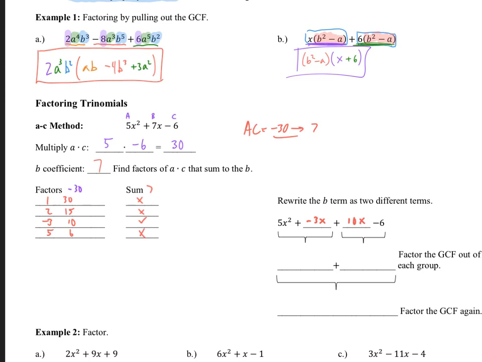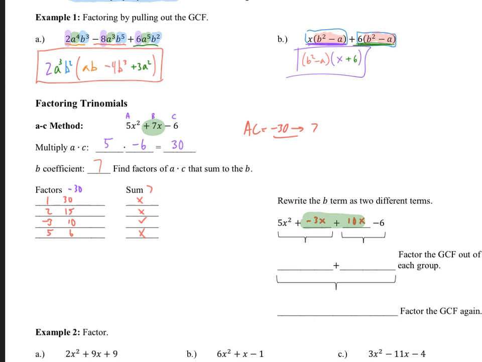So basically, again, it's been a while for you. You're taking this 7x that we had earlier, and you're finding a special way to break it up, a unique way to break it up, where those two numbers multiply to be a times c, but also add to be b. So what two numbers multiply to be ac, but also add to be b, and that's unique. And you put those two numbers here as a way of breaking this number apart. All right, and you're finding a way to turn this into 4 terms, because then you can do your factoring by grouping with that GCF